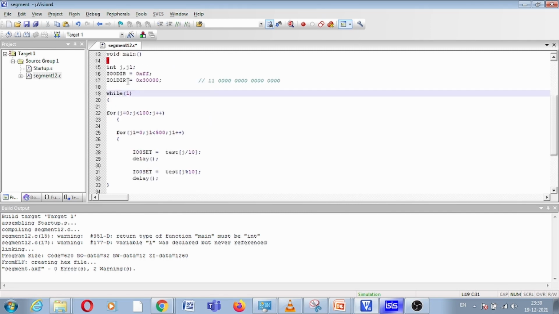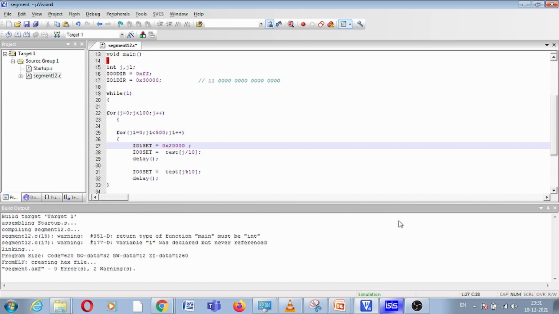So that's why the IODIR, and here I have to write IO 1 set. Okay, and this time I will select the least significant, or you can say lower segment, right? Because here only two segments are there, so lower segment. So let me write this value. Instead of 3 I will write 2,